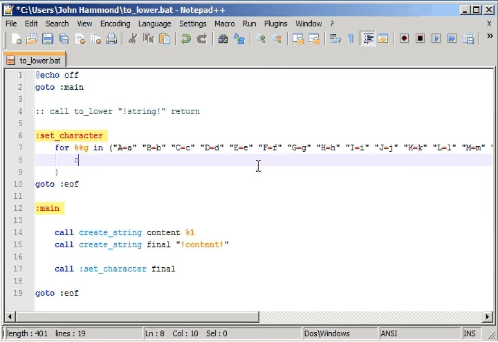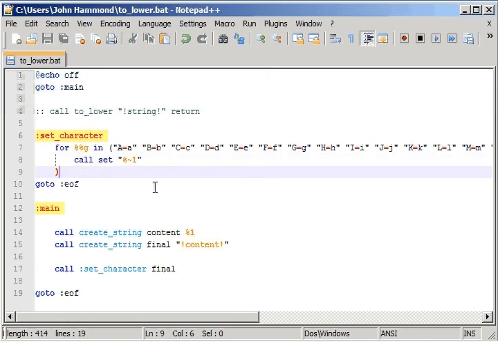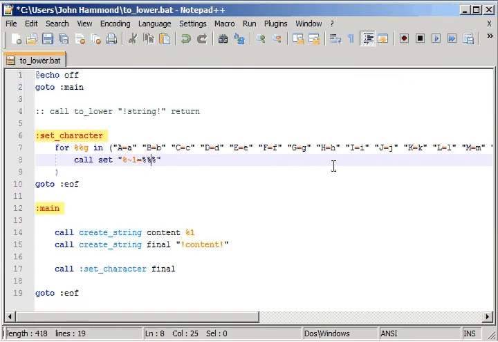So we're going to do call set, and we'll pass in a string here for our value, and we're going to set the variable name of what we pass to the subroutine or set character. Since we're passing final, this will set final to equal the value of what we pass to it, also known as our final here. We're going to need one more percent sign right after it because we're using double percent signs when we're working with this, and then we need the final variable, and we can use colon, and then we'll use percent sign